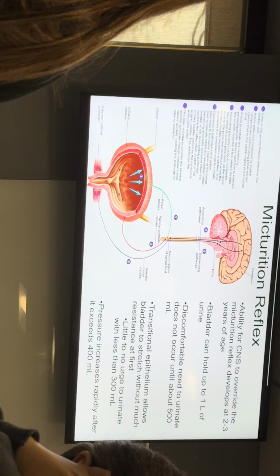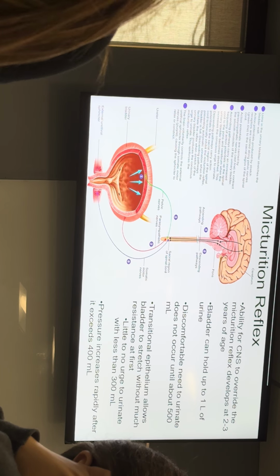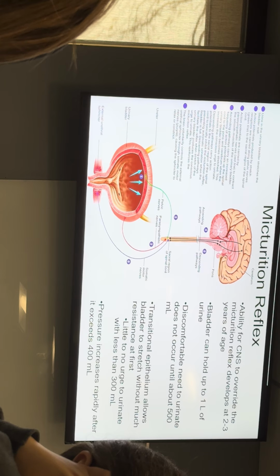So then what I did is like, okay, well, as a guy, we sit on the toilet to poop, and when we do that every time we pee, so I should be able to sit on the edge of the bed and pee. I tried that and I couldn't get my brain to let me do that. I could not pee. So every time I peed, I had to get up and stand up. And it was painful and not fun. But it's the only way I could get myself to actually pee.